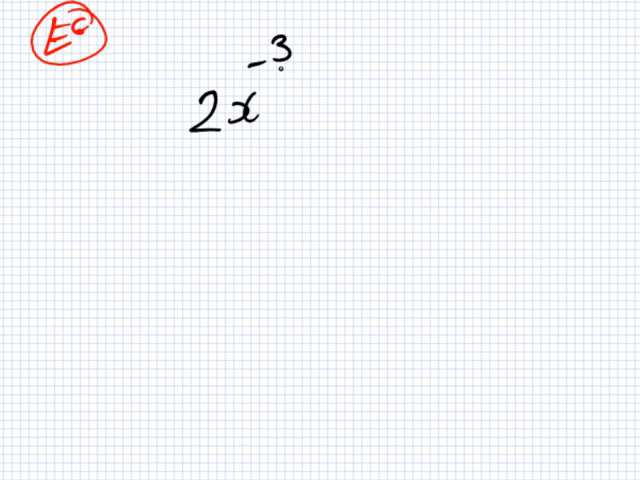2x power minus 3 over 4 equals 10 power x 9 over 4. Okay, so